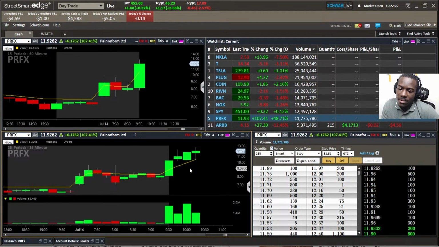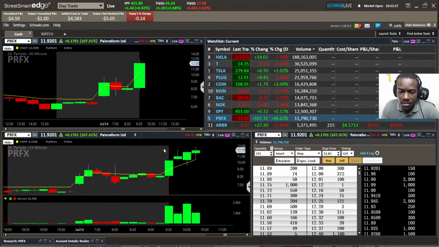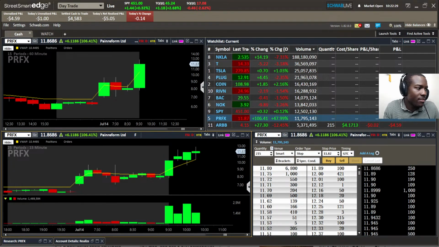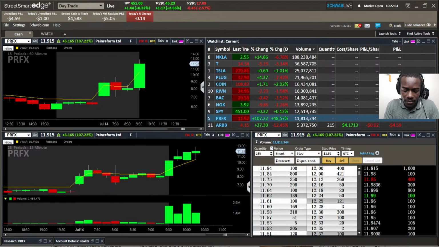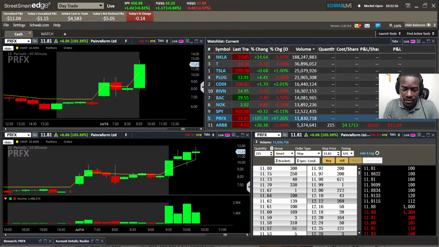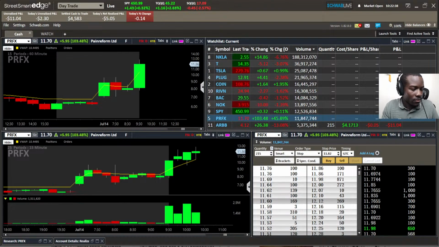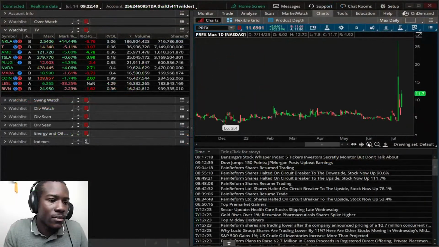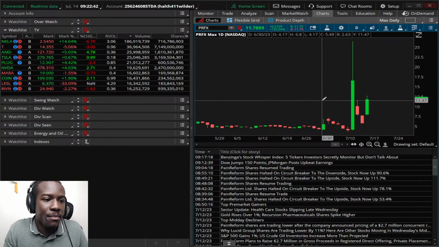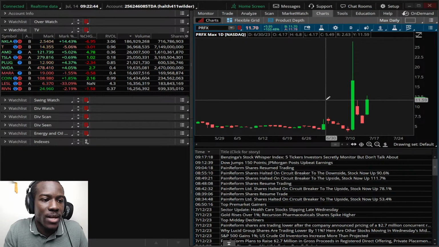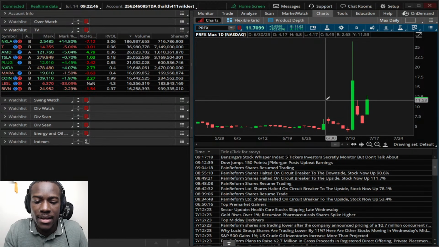Another slam down. Man, this thing is finding some major resistance. Let's look on the daily chart at PRFX. It just, oh, it's not even up here. Let's see, PRFX. This daily chart came up here and is finding that resistance right at that 1165 it keeps bouncing down to.